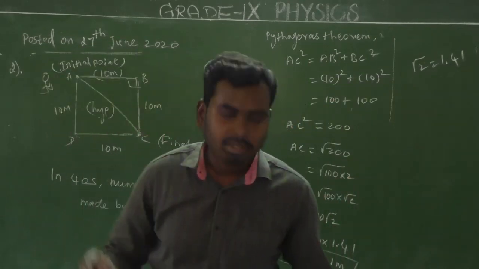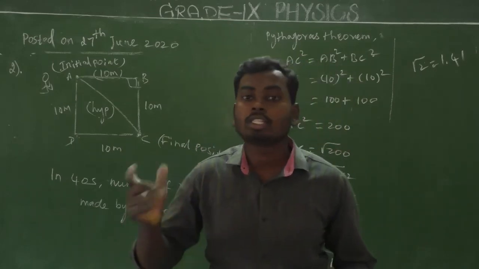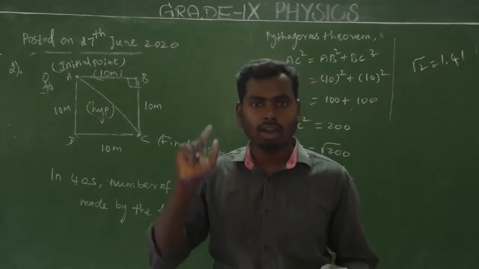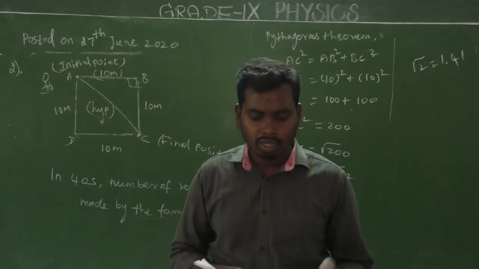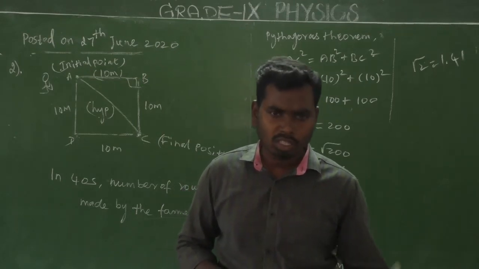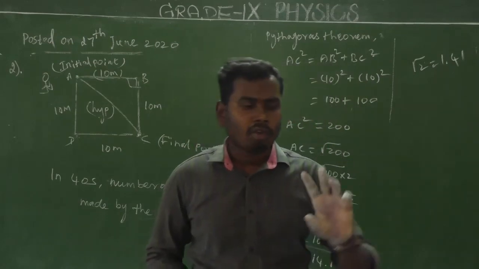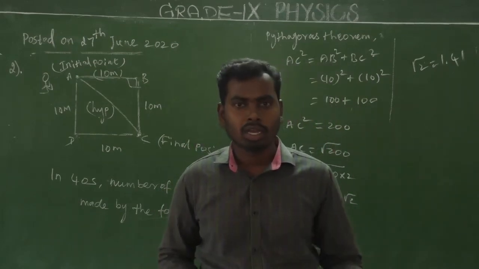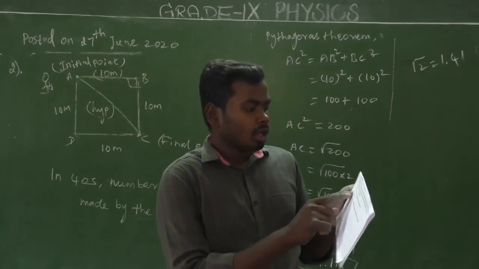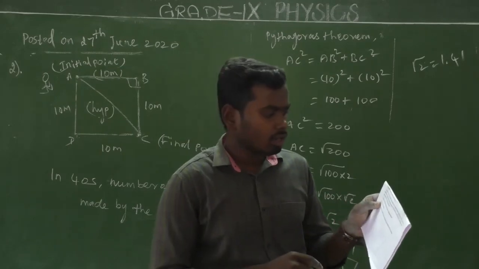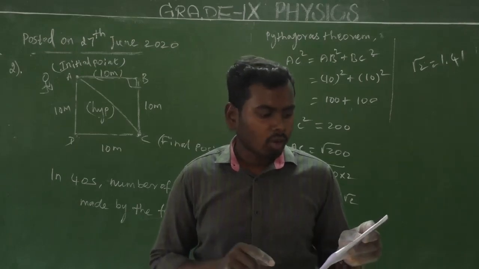Next, the last one, the third question. Look here. Which of the following is true for displacement? First one: it cannot be zero. Do you think displacement cannot be zero? No, it is not possible. Displacement can be zero in some cases. When the final position of the object is the initial position, displacement becomes zero. But here it is given that it cannot be zero, so that is wrong. Come to the second one.